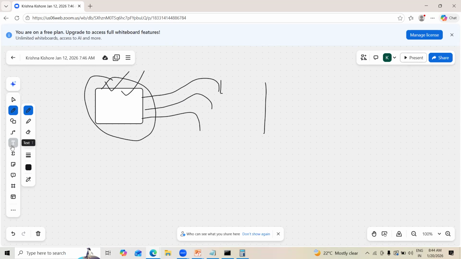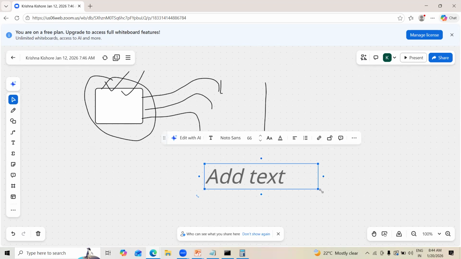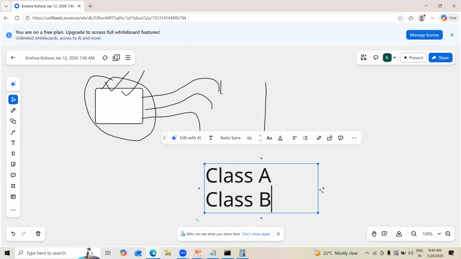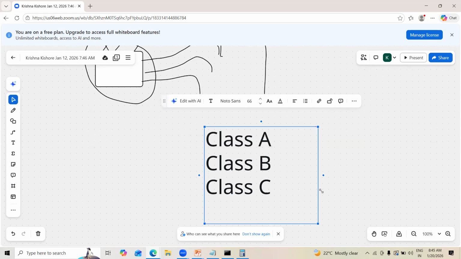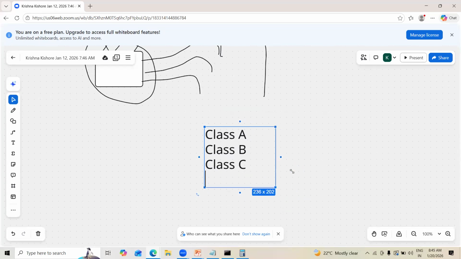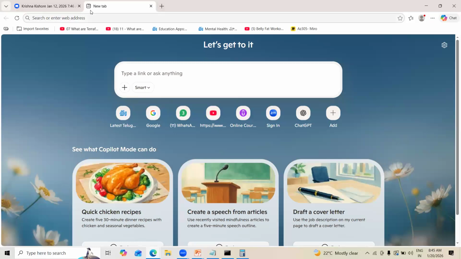We have some classes. All IPs are divided into classes: class A, class B, class C. We have class D and E also, but we are not using them much. We use up to class A, B, C. So what is this categorization? What is class A, what is class B, what is class C? You can also go to Google and see.